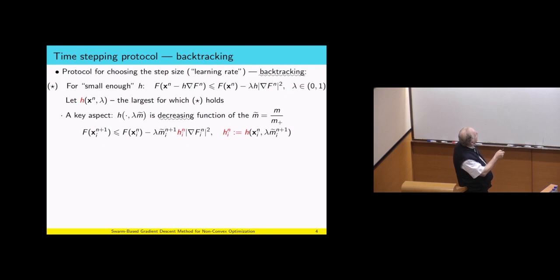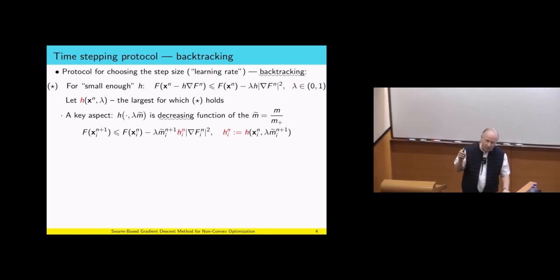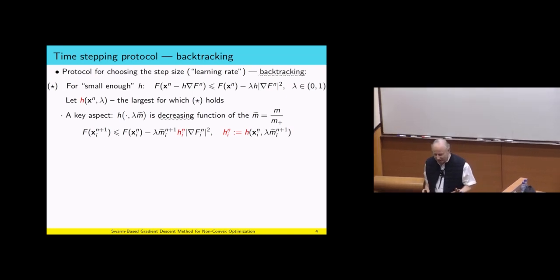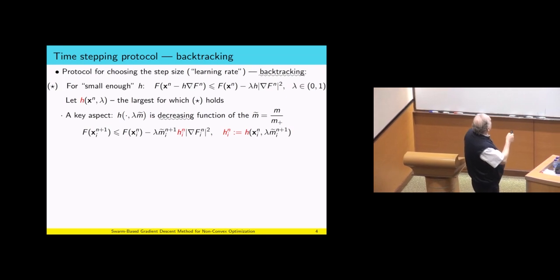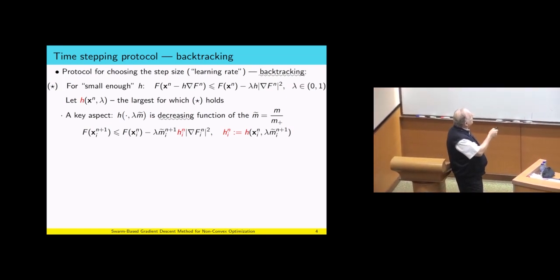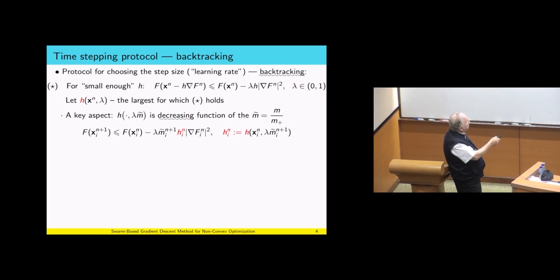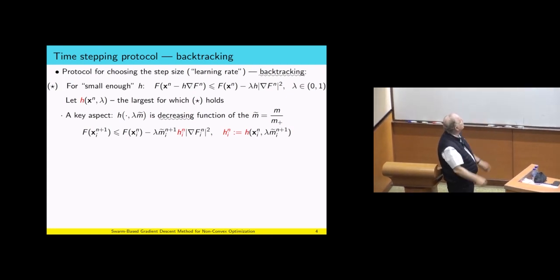The protocol for choosing the time stepping, which is called learning rate, by the way. I will not talk too much about machine learning. This is unacceptable. But anyhow, let me tell you what is the protocol. We know already that from the gradient direction, there is this kind of decay, which I mentioned earlier. So there is an h, an h of lambda, h depending on lambda, which is sort of the threshold, the largest step where you are actually going down. Observe that this function as a function of lambda must be a decreasing function. If I increase lambda, then clearly the threshold is going down.